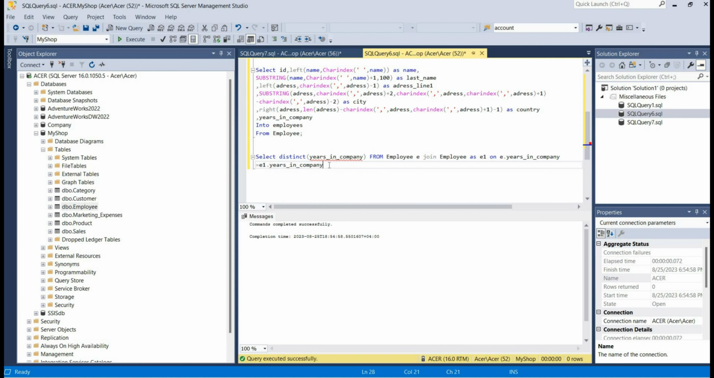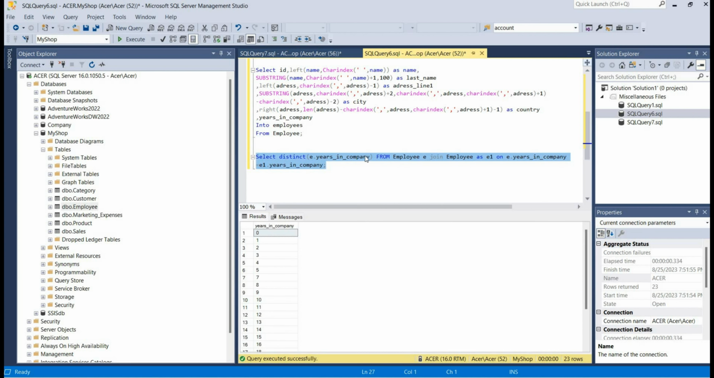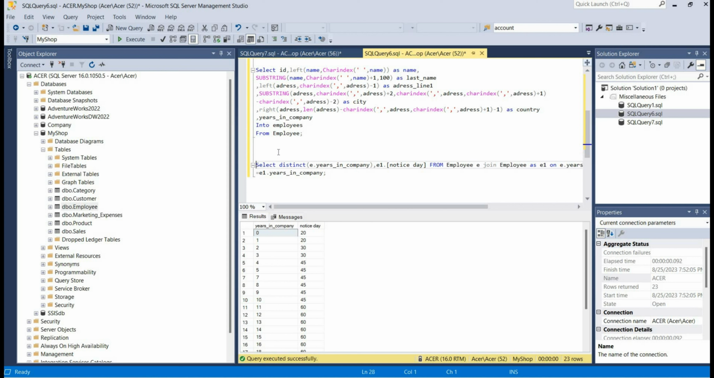Okay, let's write here E dot years in company. So in this case we will get all distinct, sorry, here we need to mention also E1 dot notice day. Okay, in this case we will get all possible distinct records from years in company and their notice days accordingly. So let's create a table